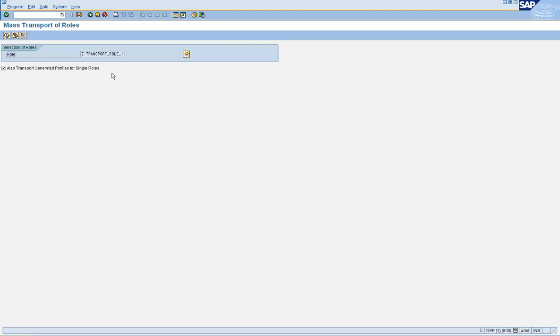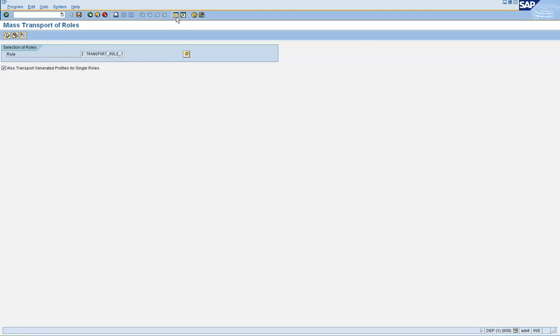Now, this setting is controlled in the table prgn_cust. So, if you don't want the profiles to be transported along with the roles, then you can maintain the settings in the table